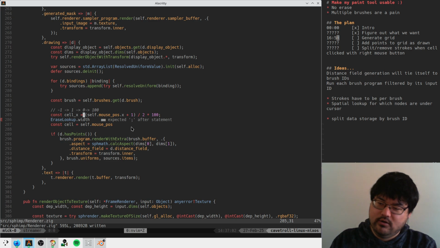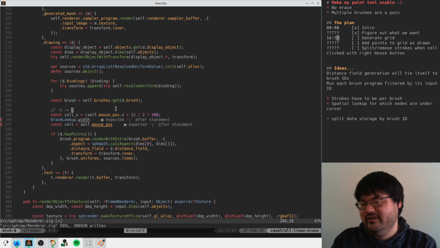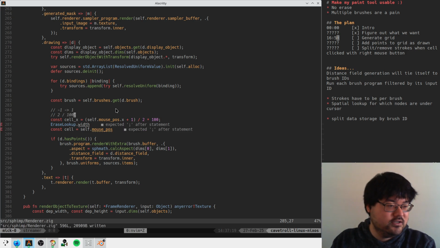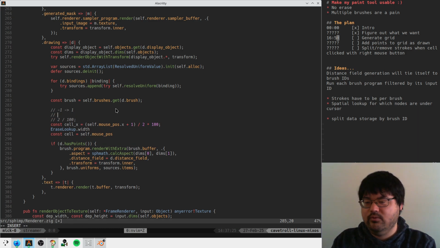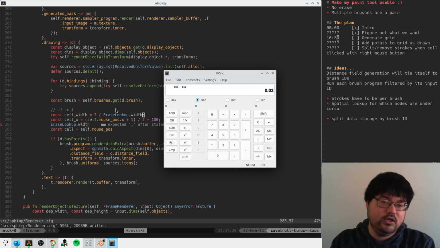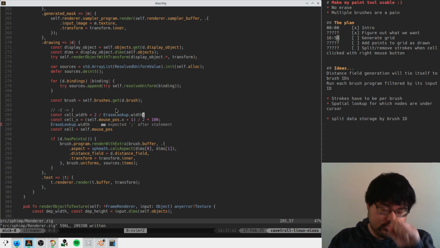How do I do that? I have mouse position in -1 to 1. So I know that my total range is 2, and this is dispatched over 100 elements. Right? Cell width is going to be 2 over this. That makes sense to me. So this should give us 2 over 100, 0.02. That makes sense. Okay. So then we just need to